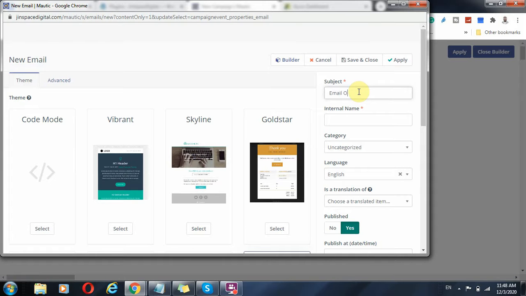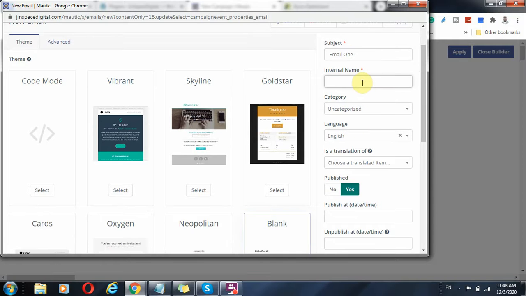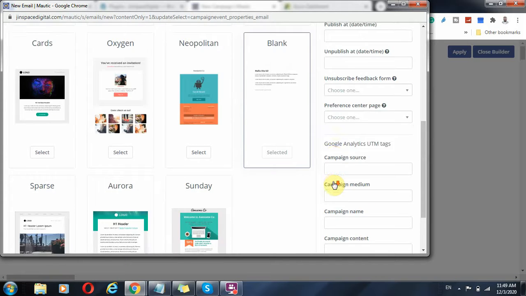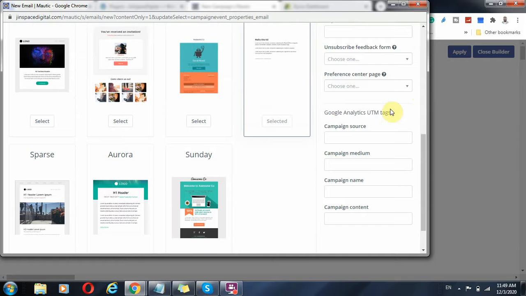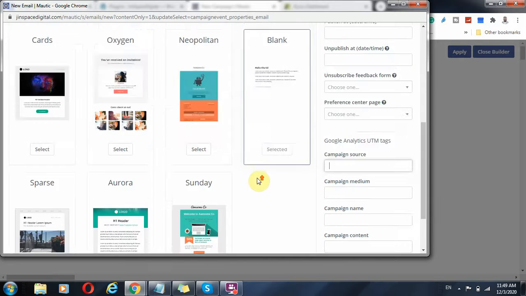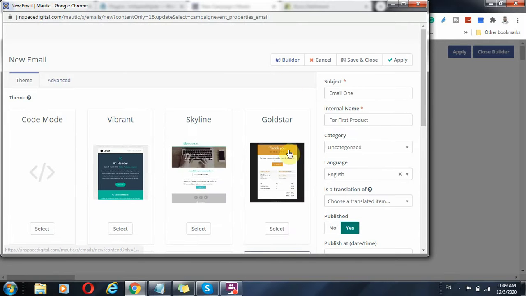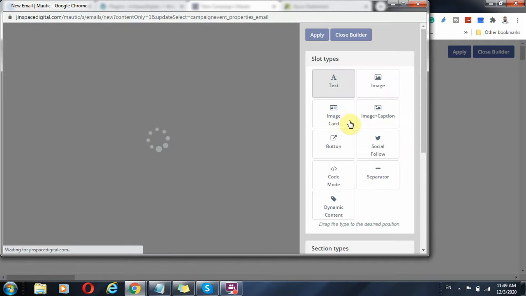Email 1. That is the subject name, the internal name for the first products. Category, we can create a category. Depends. This work is this selected. You can use Google Analytics tags. You create a campaign source for Google Analytics. So once you have selected the template, you can just click on the builder, and you